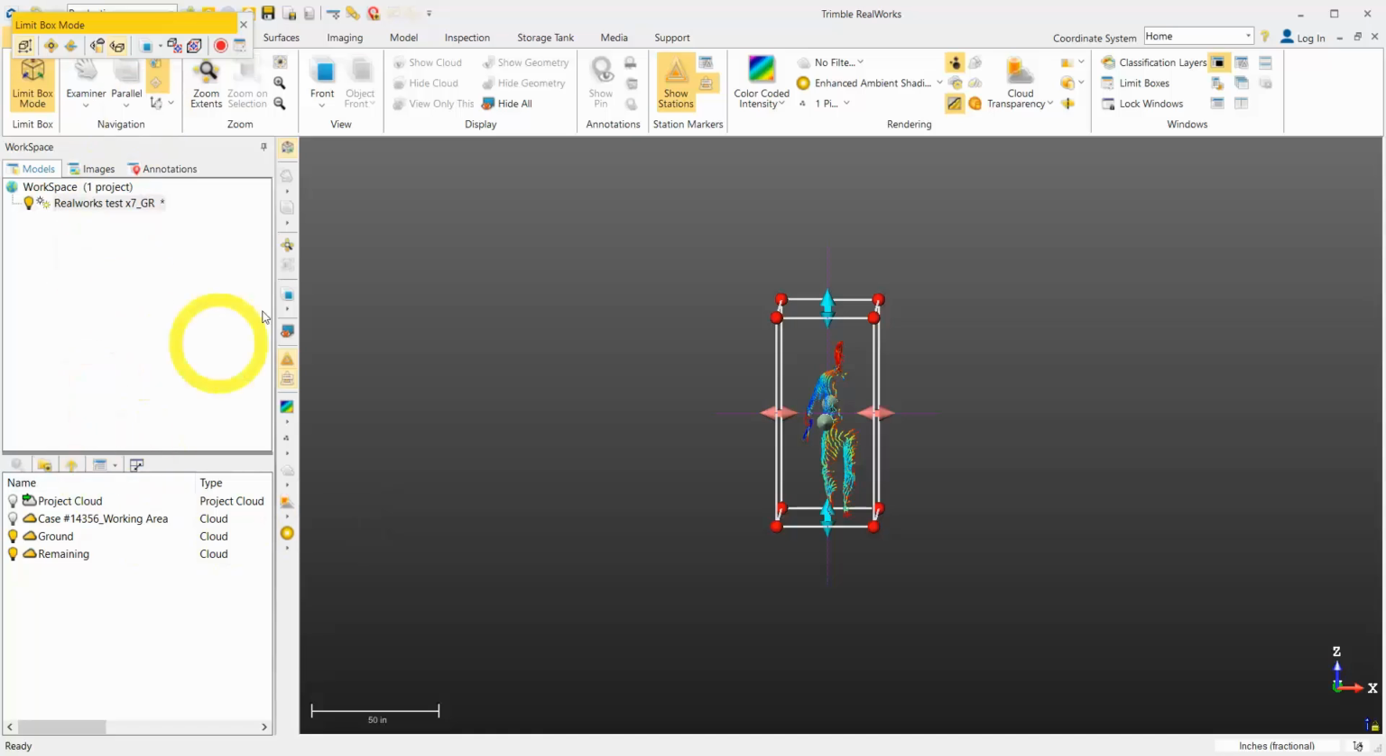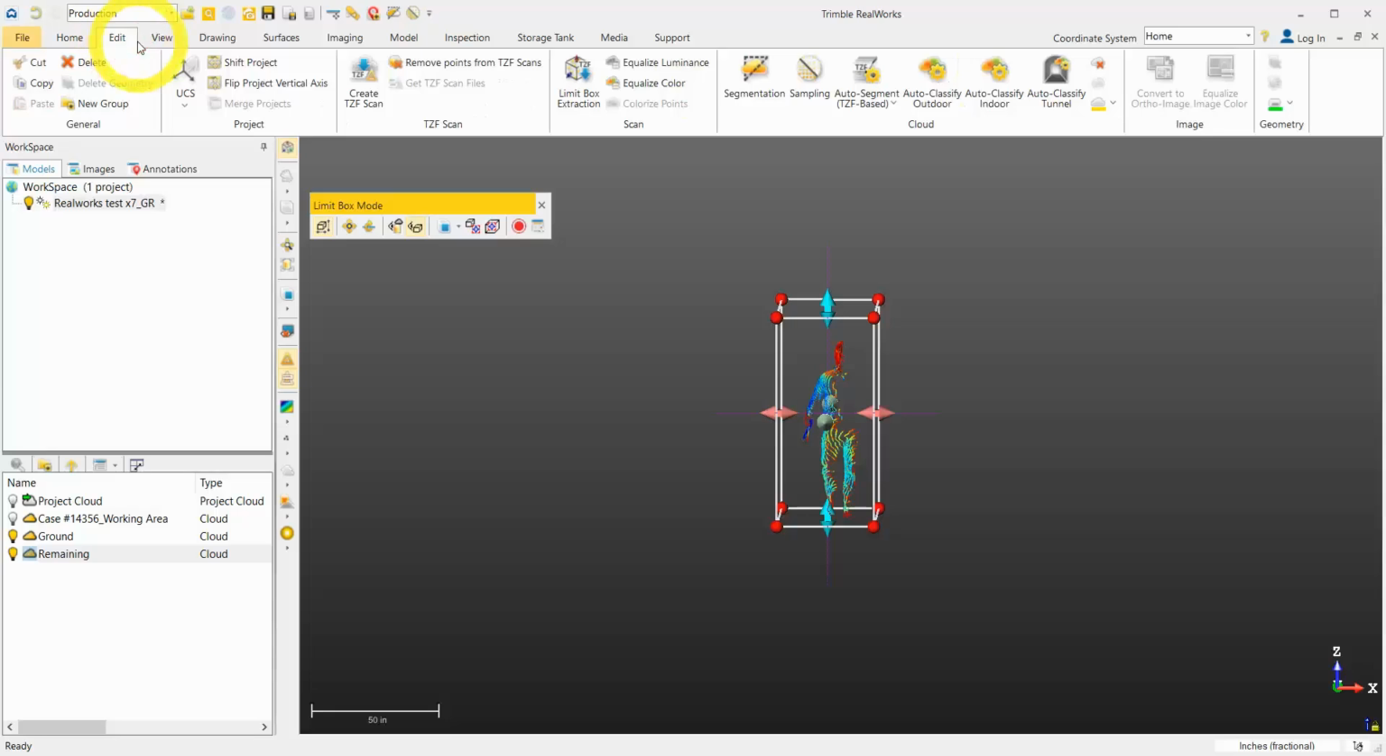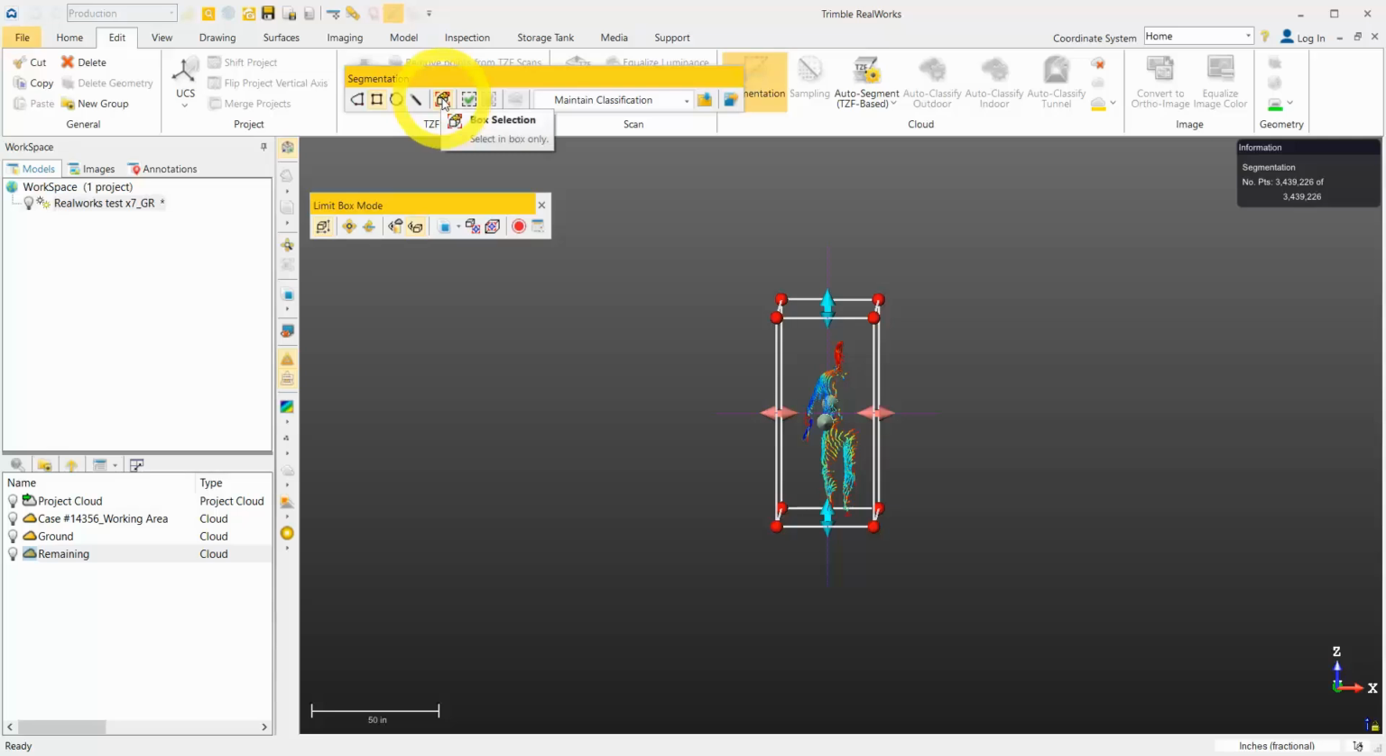So I can then make sure I have a cloud selected. I could say segmentation. Right now it's on a box selection. So a box selection, you can only keep items in. That's fine. So in and out, you have to be careful. You have to pick one way or the other. But if I did say in, and I created that,